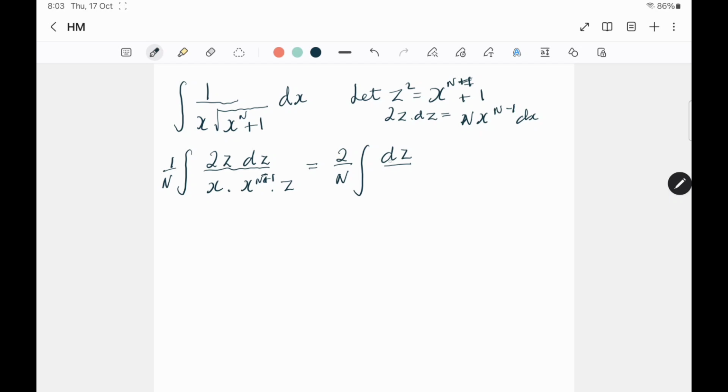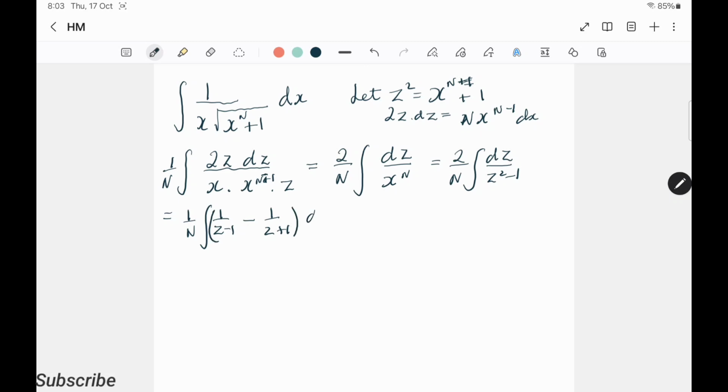And that gives us x to the n, which is 2 over n times the integral of dz over z squared minus 1, which we can use partial fractions to solve. That is equal to 1 over n, 1 over z minus 1, minus 1 over z plus 1, dz,